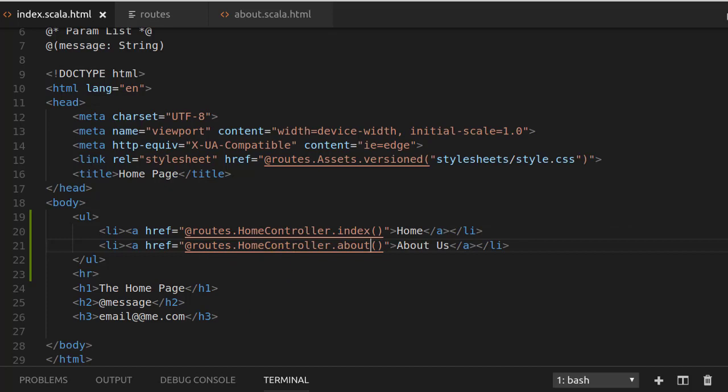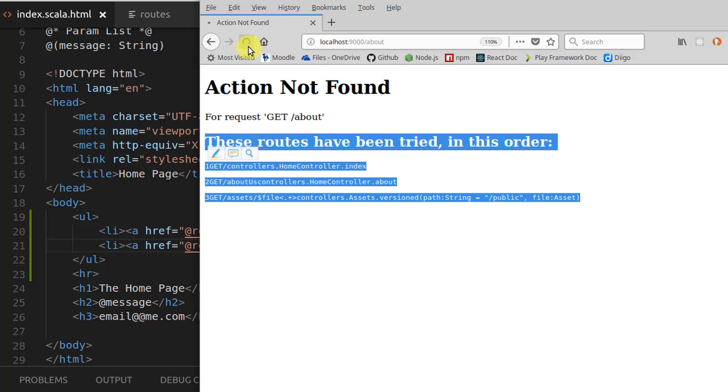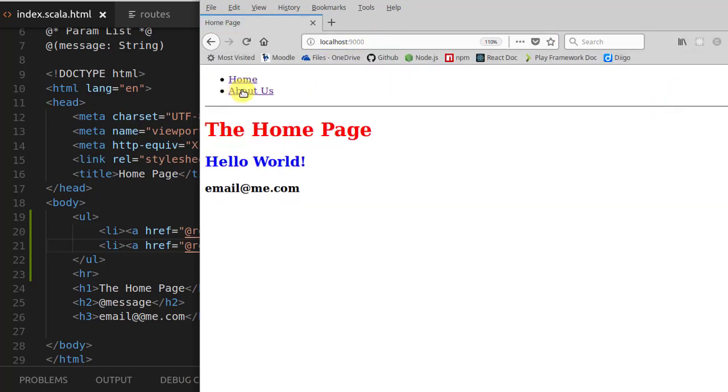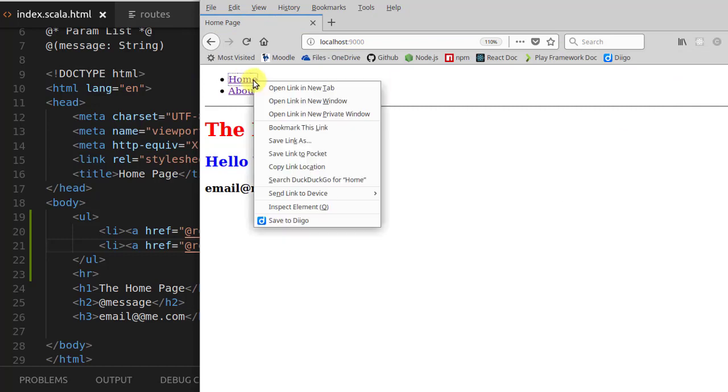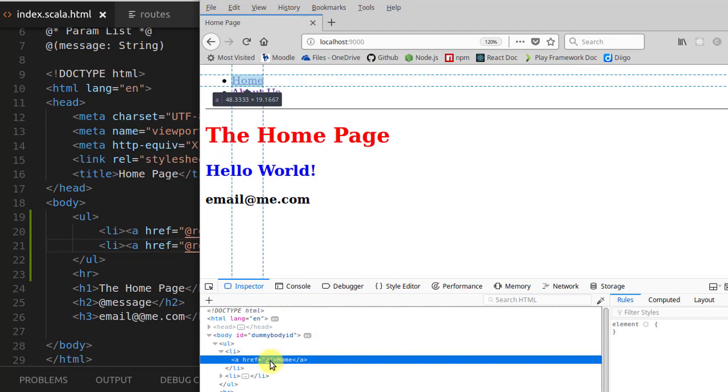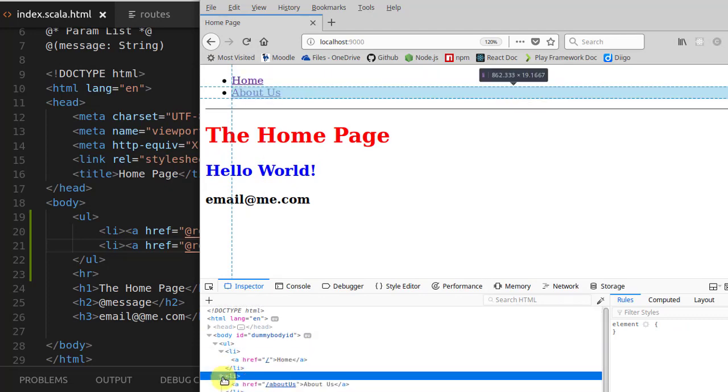So if I save that, refresh my page, it compiles in the background. Okay, still can't find get about. That's okay, I'll reload the root of the file. Now if I inspect both of these links, inspect element, / for home, that's correct, and for the about page,